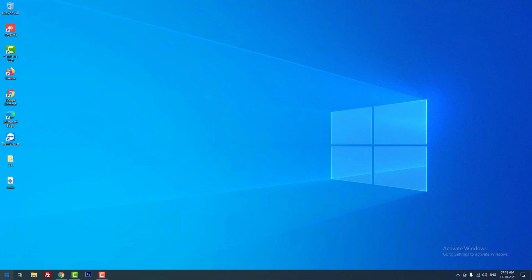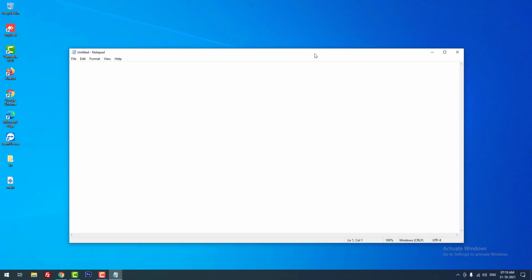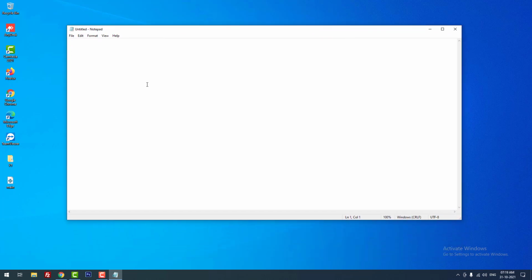Then the other way is Notepad. Open Notepad and type your Python code. name equals input, double quotation, enter your name, then print hello name.